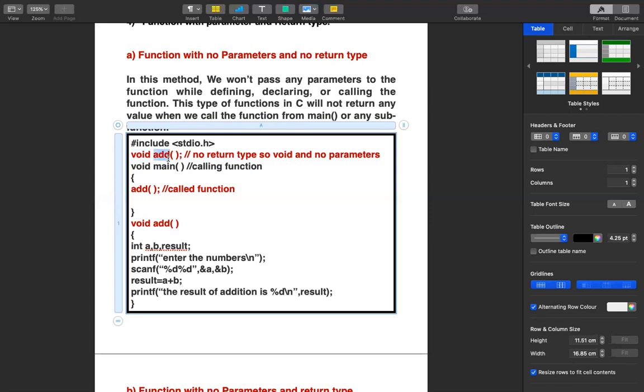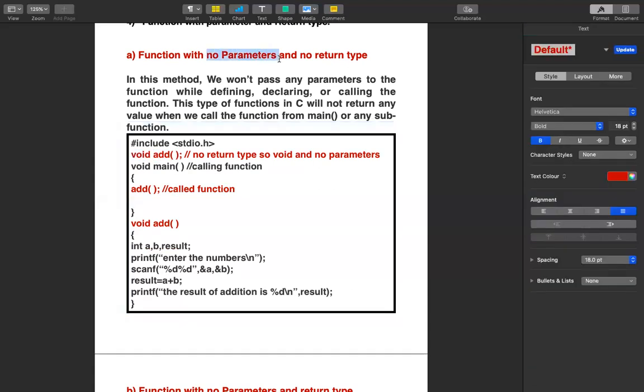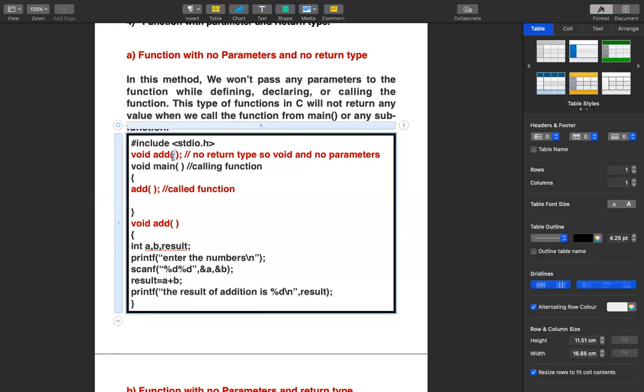Add. And what is its parameter list? It's empty. That means it's not taking any parameter, and that is what we mean by no parameters. So we have declared the function exactly this way: a function doesn't take any parameter and its return type is nothing, so it is void.